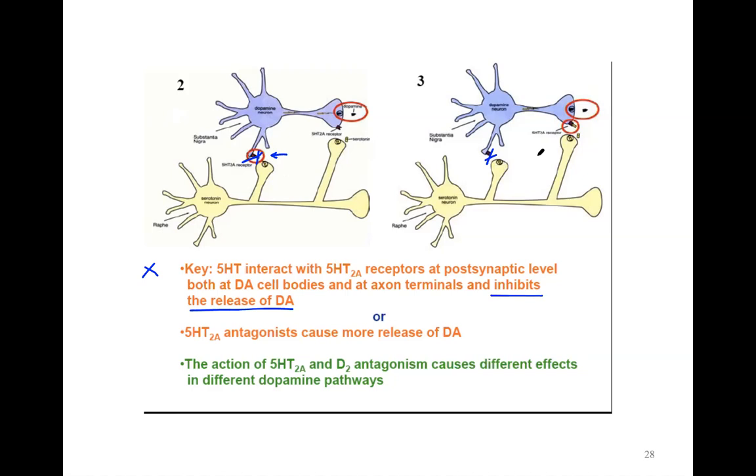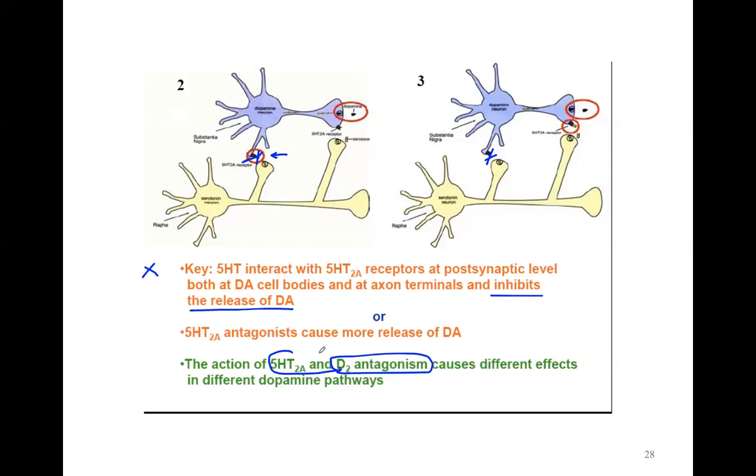So the conventional drugs, the old phenothiazines, were primarily dopaminergic antagonists. They blocked the dopamine receptor. So if we had too much dopamine, that was good. It blocked the effects of the dopamine. But it wasn't good if we had a decrease in dopamine. That just made it worse, or wouldn't have an effect. By adding in the serotonergic component, we now have the possibility of affecting the dopaminergic system in an opposite way. And in fact, what you see is the atypical, the new agents, are D2 antagonists, similar to the older agents, but they bring to the table